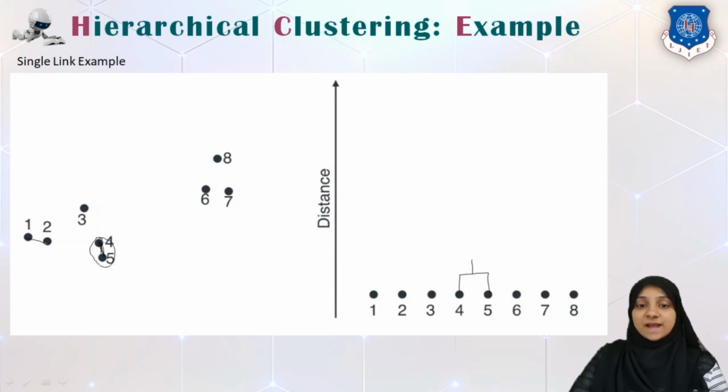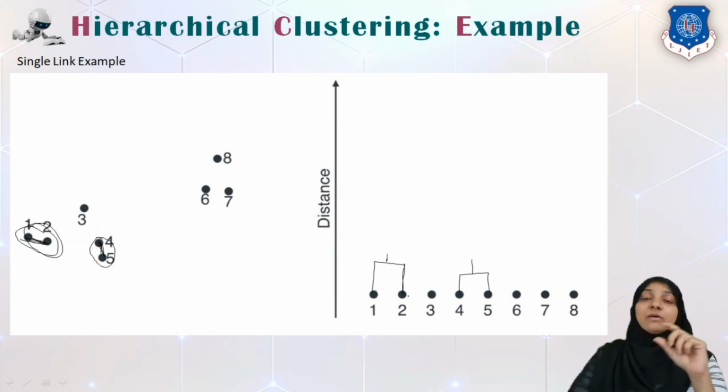Now from the diagram I can see that 1 and 2 are again nearer to each other as compared to any other 2 points. Okay, so cluster 1 and cluster 2 are going to get added. One thing you should note is that the distance between 4 and 5 is less than the distance between 1 and 2. So the branch I make to join 1 and 2 will have more height as compared to 4 and 5. That we should always keep in mind. The height or length of a dendrogram tree branch is equivalent to the distance between the data points in actuality.